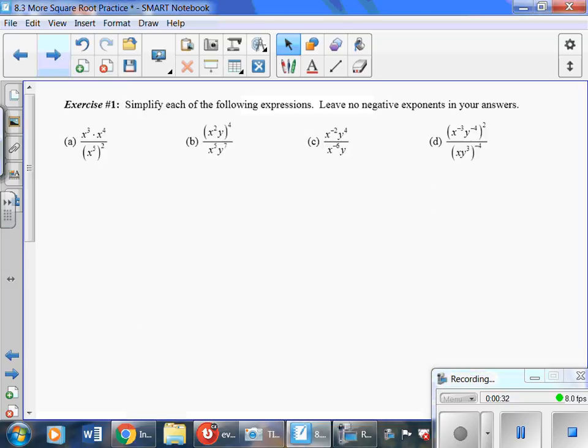So we're going to do lots of simplifying today. Exercise 1 says simplify each of the following expressions. Leave no negative exponents in your answer. So the first one,